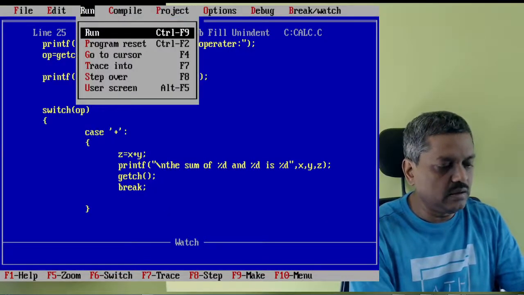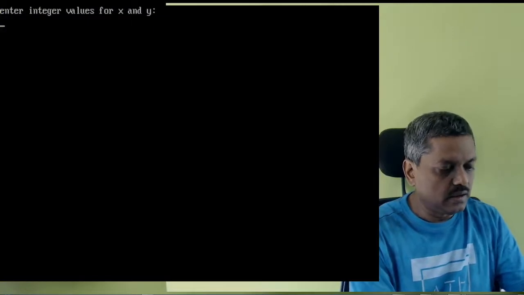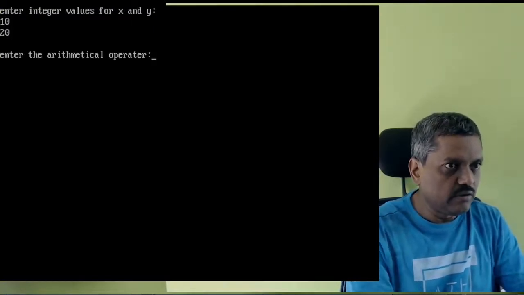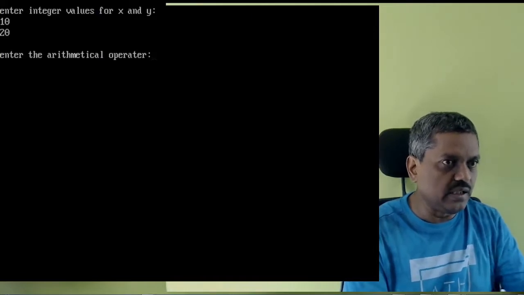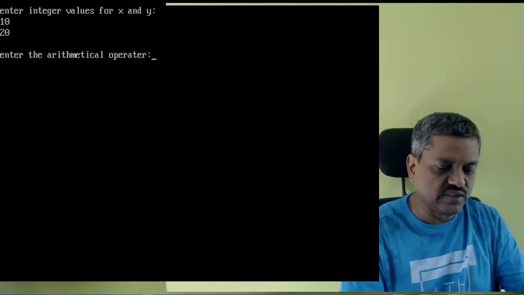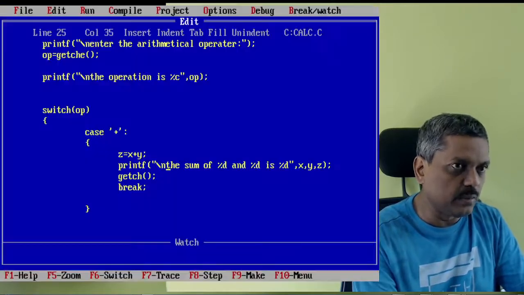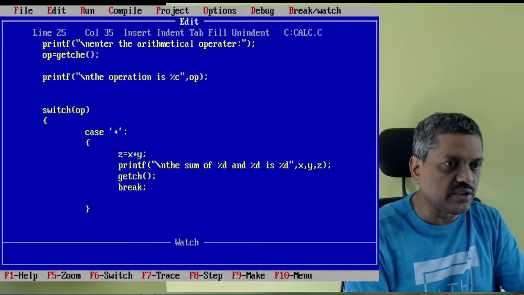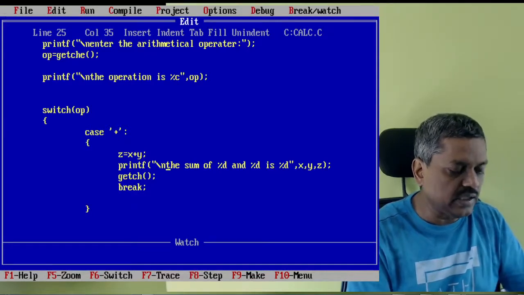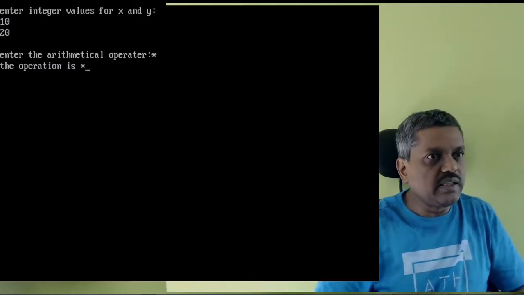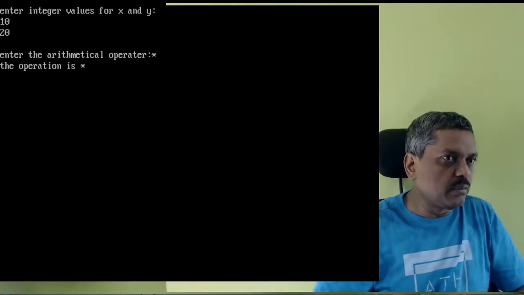Suppose by mistake, after entering 10 and 20, when we are supposed to enter the plus operator, I instead press the multiplication symbol on the keyboard. See what happens. It came back, it did not display anything. Let me go back and see. Enter the arithmetical operator. I have entered the multiplication symbol.